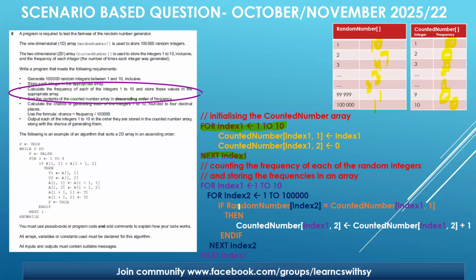We are simply checking if random number index 2, meaning random number 1, equals counted number index 1, comma 1. We are checking: is 1 equal to 1? Is it equal to 1? Yes. So it will enter the loop and it will be simply including